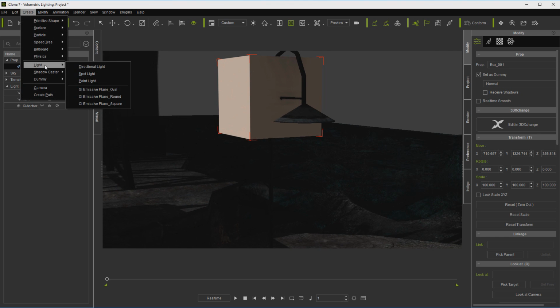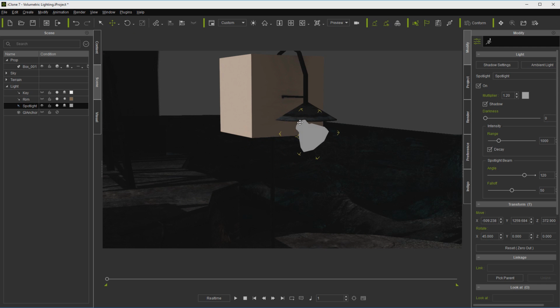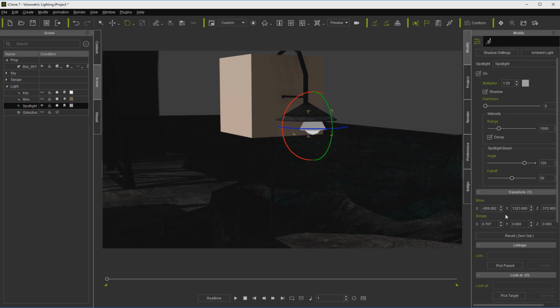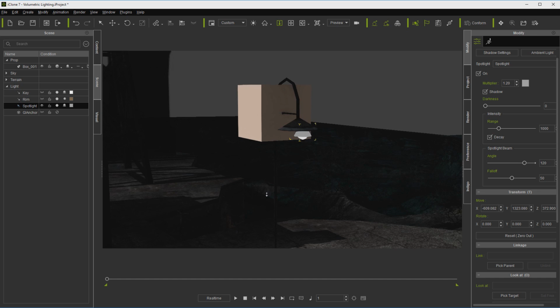Come over here and create light, spotlight. And then what we're going to do is just position it. Of course we'll want to rotate it down. You can always come over here and check to see where you're at on your rotation. Things like that. Move out just a little.